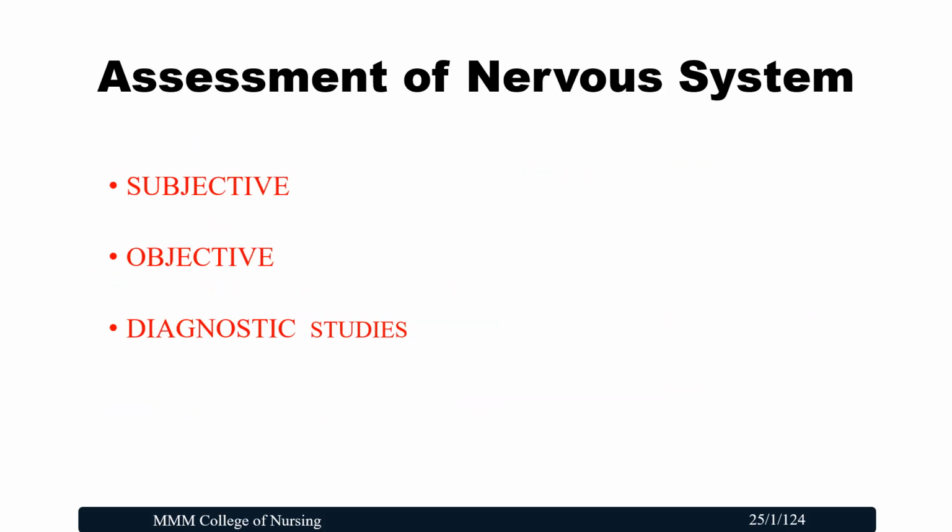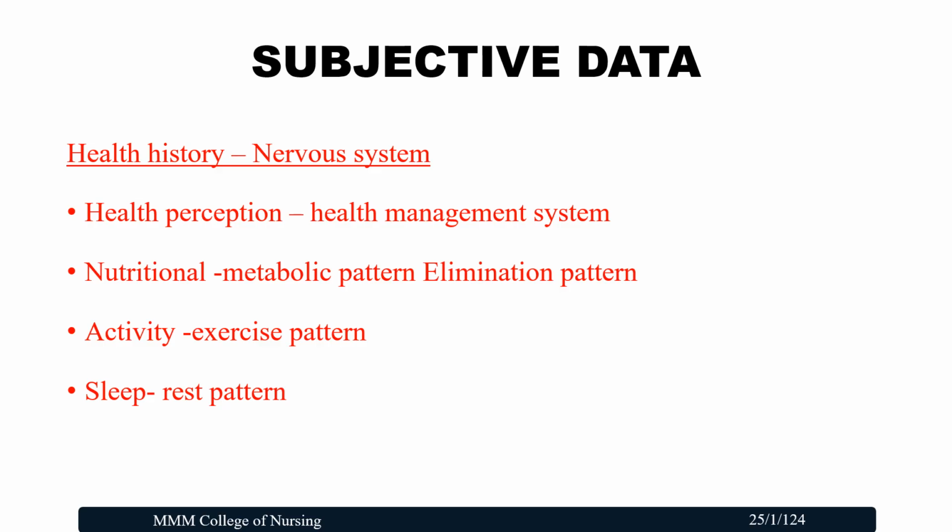Assessment of the nervous system has three divisions: subjective data, objective data, and diagnostic studies. Subjective data means the health history of the nervous system. Here it involves health perception, health management, and nutritional and metabolic pattern. Here we can ask the patient what they ate in the last 24 hours, or whether they are taking any special diet, and the elimination pattern per day. What is the elimination pattern, whether it is normal or whether the patient has any complaints,